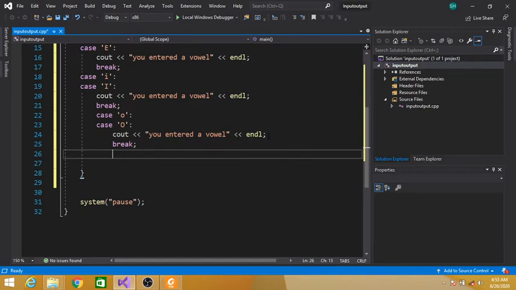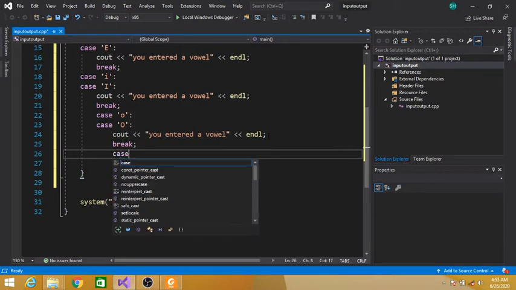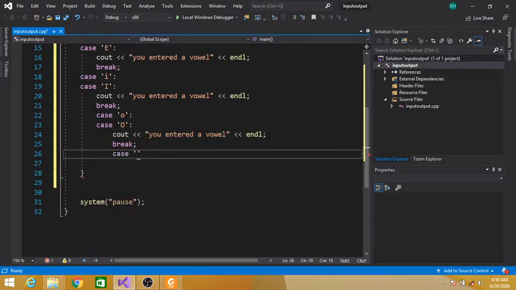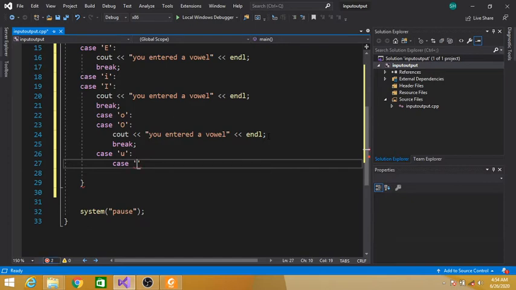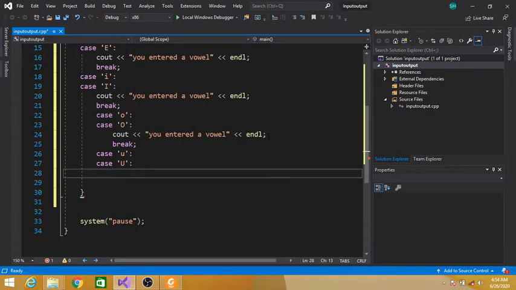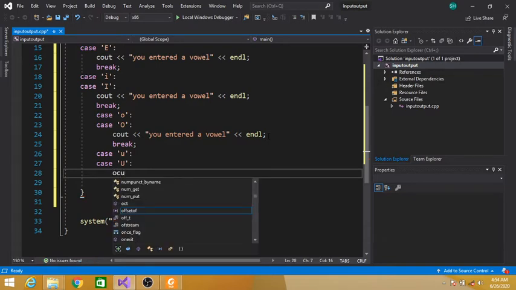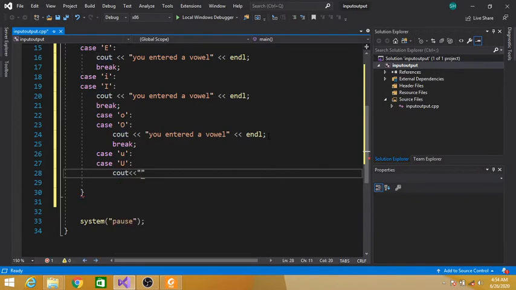U is also a vowel. So case 'u', colon, case uppercase 'U', colon, cout, you entered a vowel.